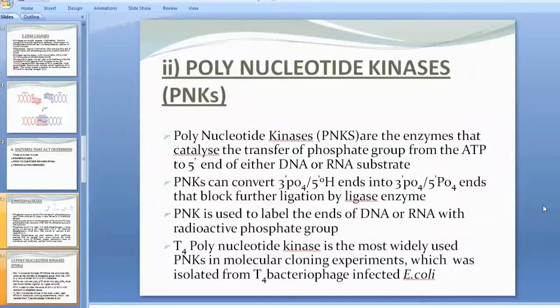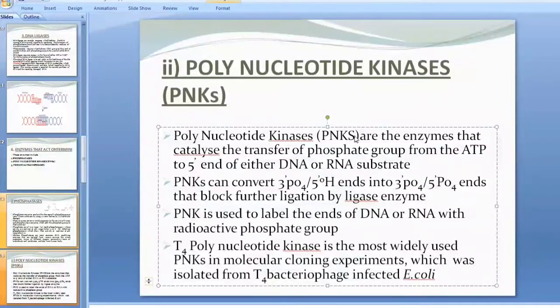The second type of enzyme which act upon the terminal part of the DNA is the polynucleotide kinases. These are generally called PNKs. PNKs means polynucleotide kinases. These are the enzymes that catalyze the transfer of phosphate group from the ATP to 5' end of either DNA or RNA substrate. So as I have just told, they can add a phosphate group to the